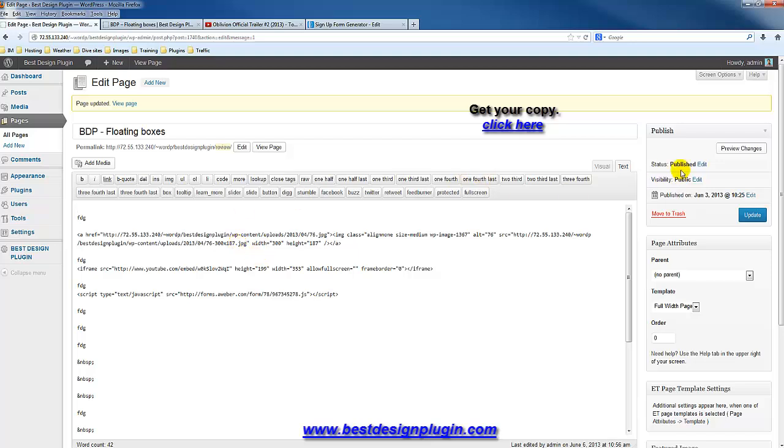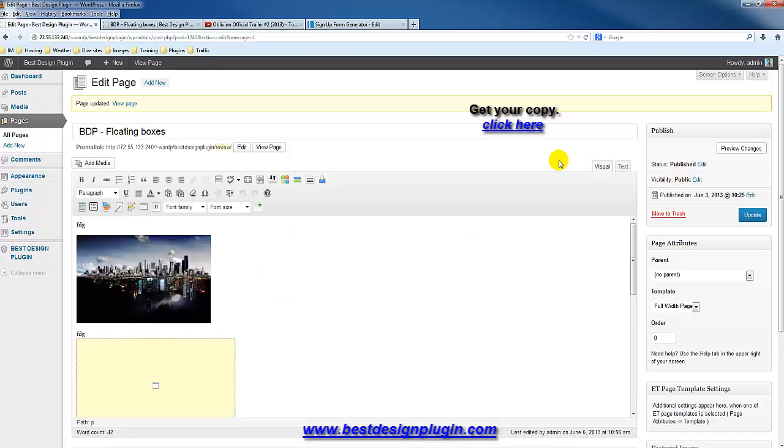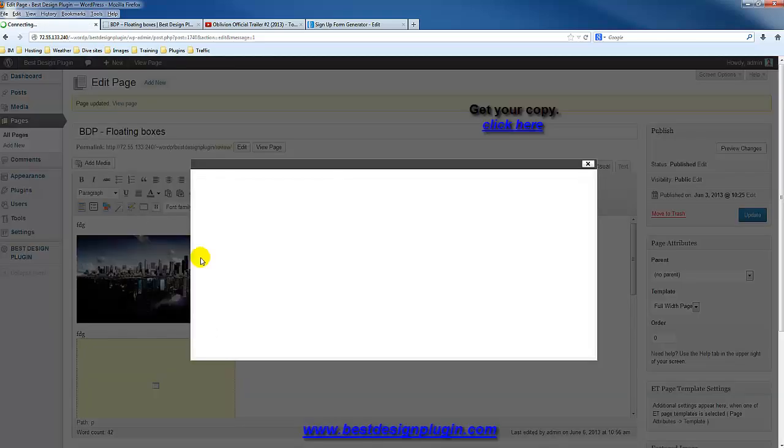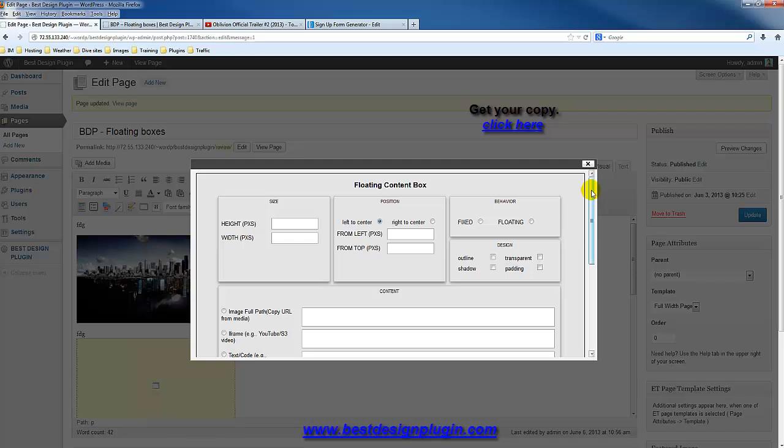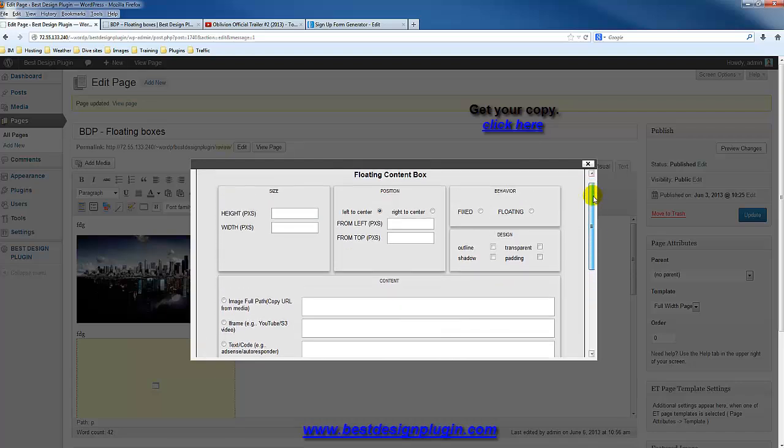And I'm just going to go up here, let me just go to the visual editor, and I'm just going to go and click on the floating content box generator. Now the box basically needs some specifications, so we're going to give it a size, and what I'm going to do is, I'm just going to start with a basic size, because we can edit this afterwards, and I'm going to make this height 200 by 300,